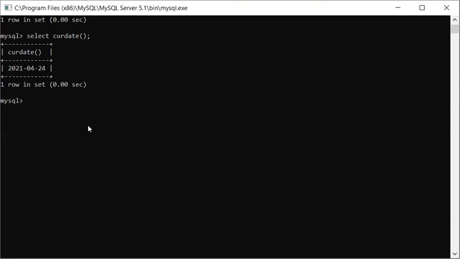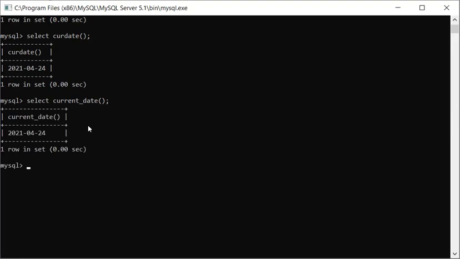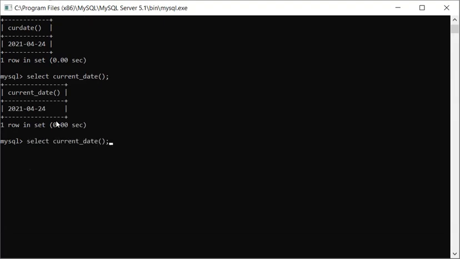Then we have two more functions given over here. We have to check whether all are working with MySQL or not. Another one is current underscore date. So you can see this is also going to give me the same information. And third is given like this. We will check whether it is working or not. So you can see here it is not a function, but if you write select current underscore date, then also it is working. So these are three methods to get the current date.